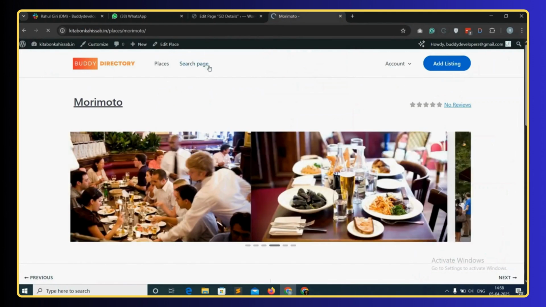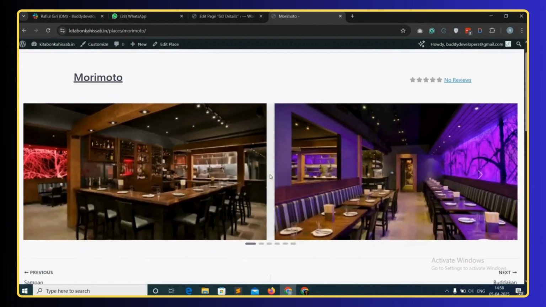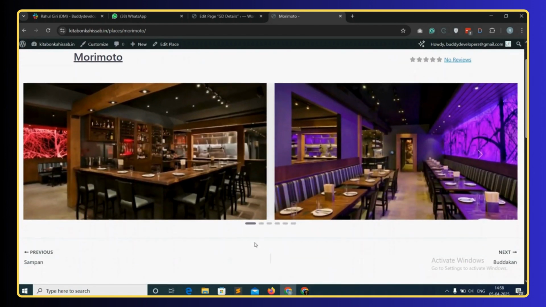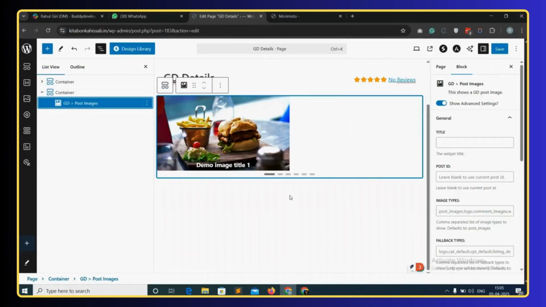Then coming on to output, we will refresh it again. So now we can see that it has come in full width. Now we will see the bottom part of this, which will be the body content. So for that, coming back to the editor page, to add body content below this, click again on the